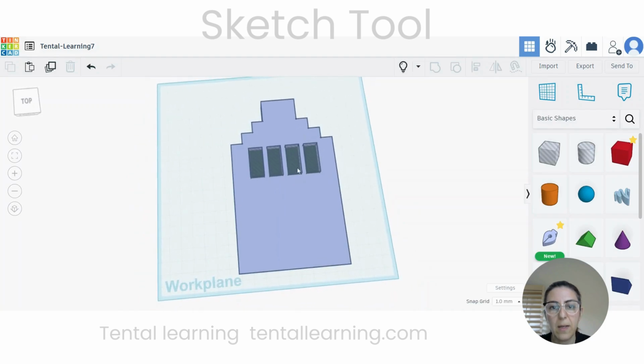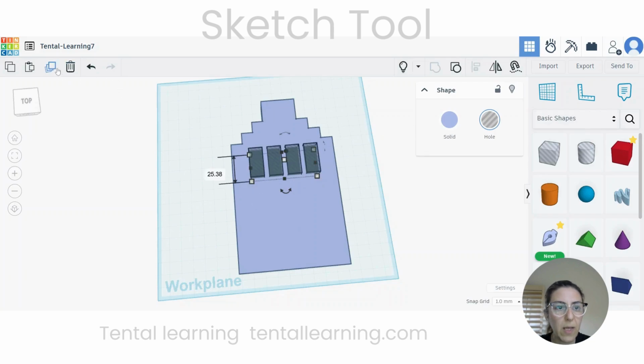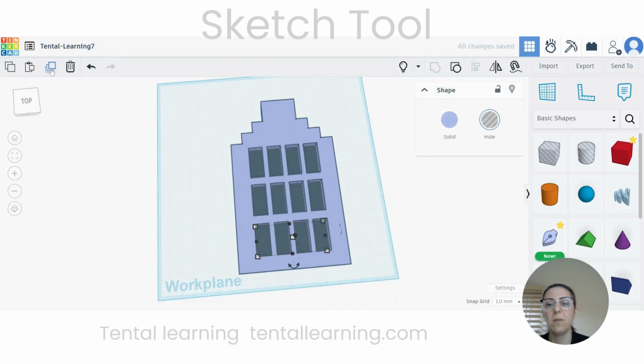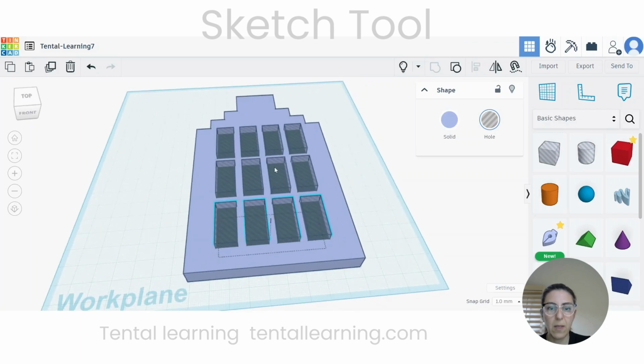And now we can group this like it's grouped. We can duplicate this and move it down using the arrows on our keyboard. And if you do one more time, it will have the same thing repeated. And we can now make,